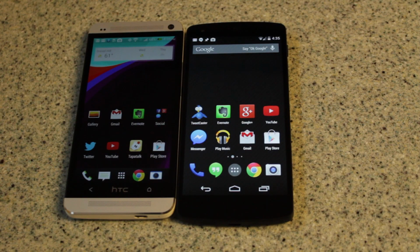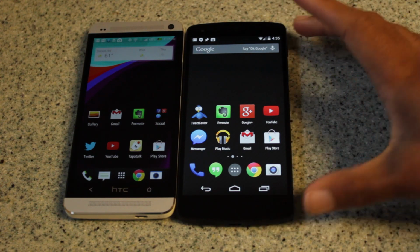So the Nexus 5 and the HTC One are both great devices, but which one is better for you? Let's do a comparison for both of them and see what happens. Let's get to it. Alright guys, so we are here with two absolutely great devices, the Nexus 5 and the